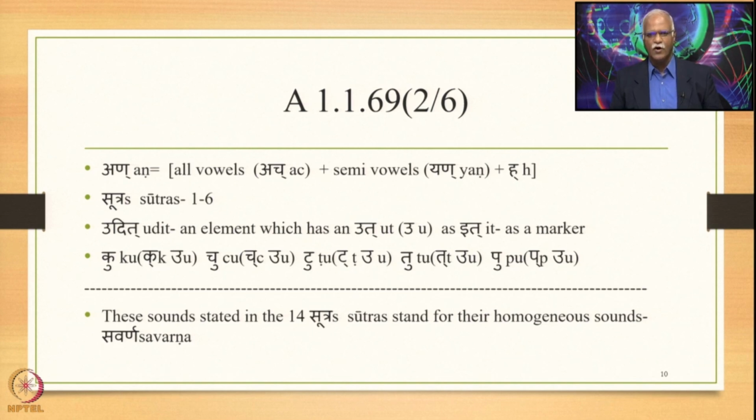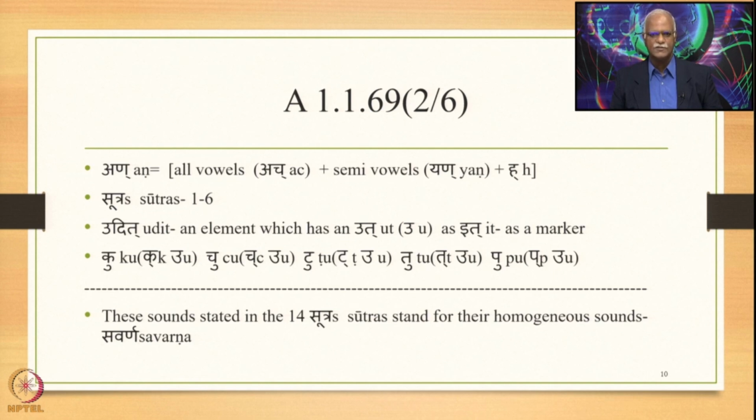An stands for all vowels, also denoted by the term ach, semi-vowels, which can be denoted by the term yan, and the consonant h. These sounds are stated from Sutra 1 to 6. All of them are referred to as an, and this is something very special because the marker na also